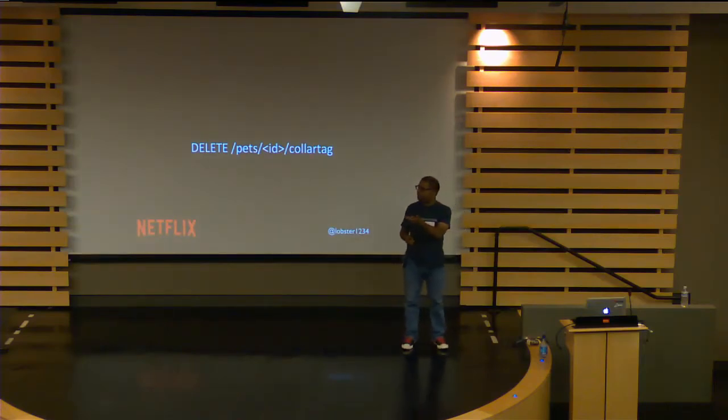So I know I have to identify the resource: give me the pet with this ID, and then caller tag, I want to set it to null. So this is what I'm going to do. Yeah. If you hit a GET on the property and you want JSON, what's the return